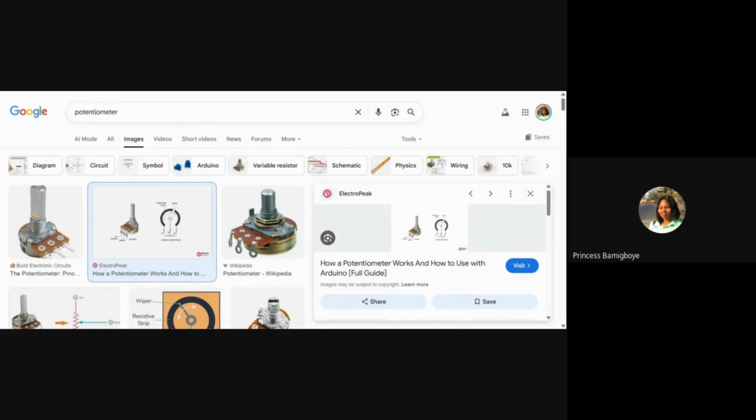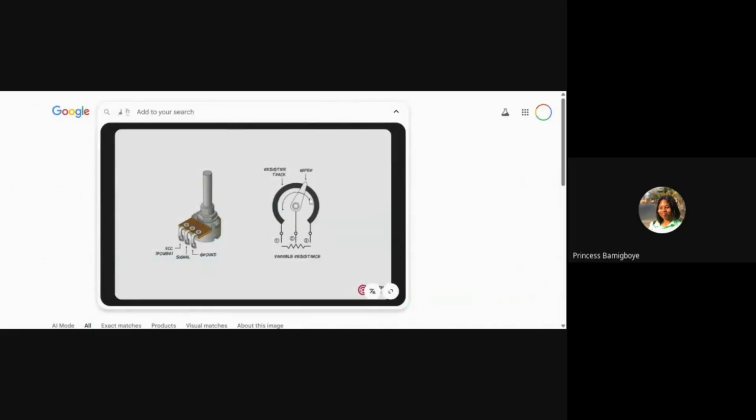Based on the wiper inside, there's a variable resistance working inside of it, and this is the track of resistance. So based on how the wiper moves, the potentiometer may have a total resistance of 10k ohms, or whatever you will see on the body. But I'm just going in depth.